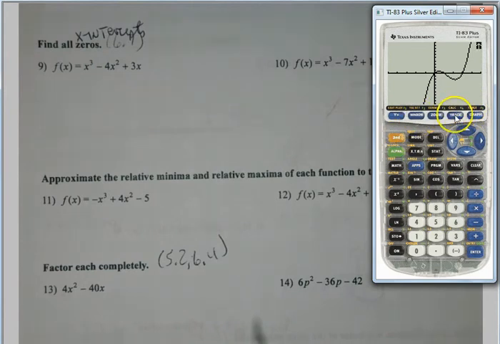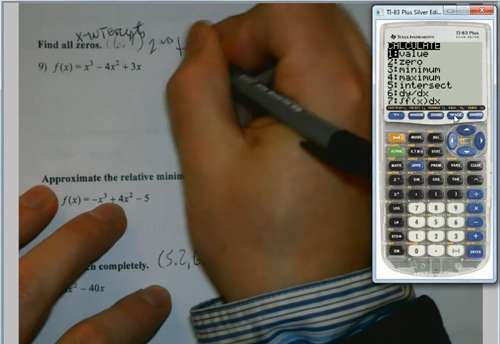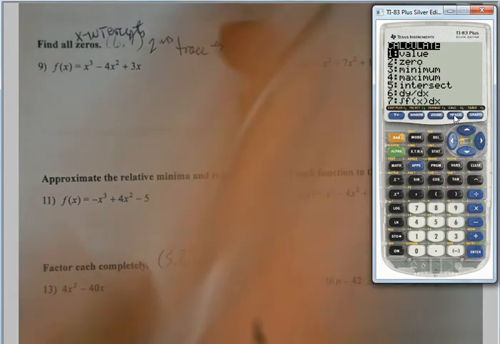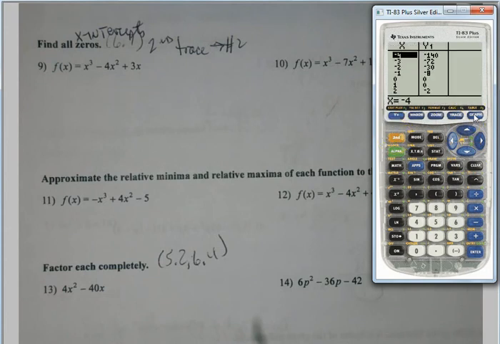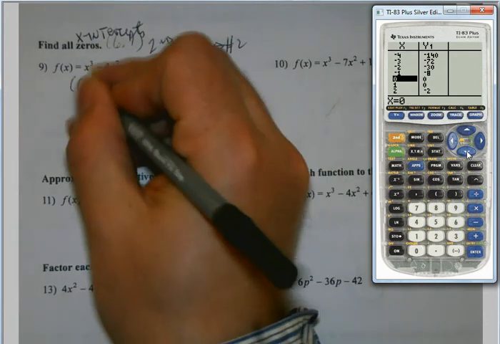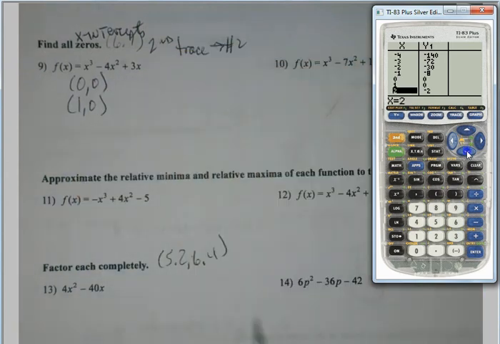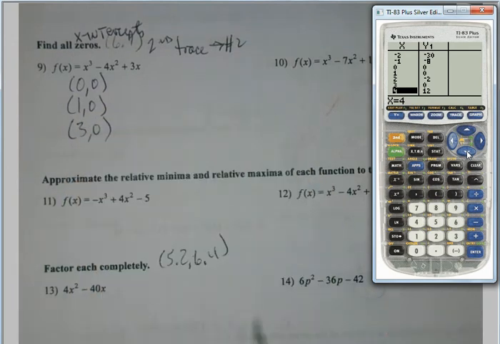But I'm going to do second, trace. Okay, so second, trace. And in this case, I want number 2, which is the zeros. And we talked before about how we're going to trap them. Now you're like, well, maybe I'll get lucky if I look in the graph. And you're like, you know what? That was even smarter than what I thought. Because I look at the chart and I'm like, oh, find all the zeros. Okay, we got one at 0, 0. We've got one at 1, 0. Shoot, didn't even have to worry about all that other thing with second and trace